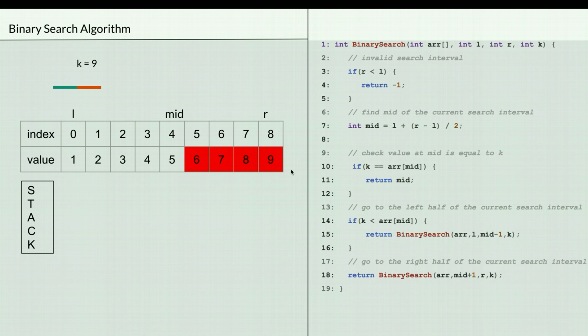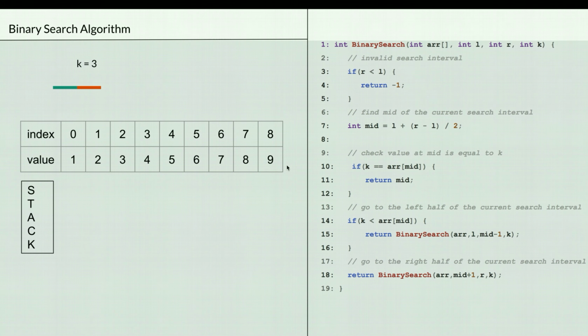You might be wondering, why do I have a stack here? If you look at the code once again, to implement the binary search algorithm, we are using recursion. And recursion internally uses a stack to maintain the state of the previous function calls. So here I will try to simulate how recursion internally uses stacks. Now let's take this as an example and try to find k equal to 3 in the given array here.